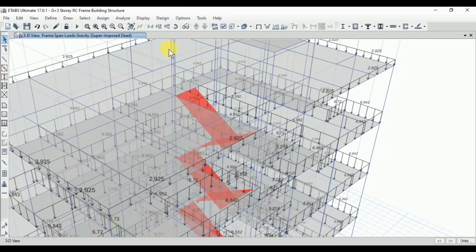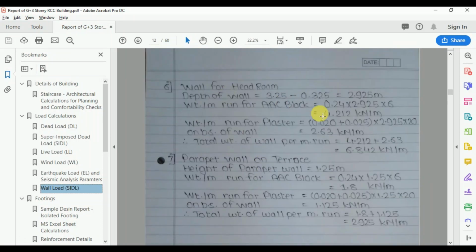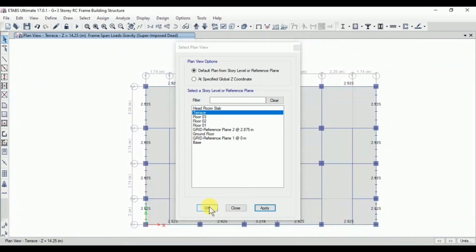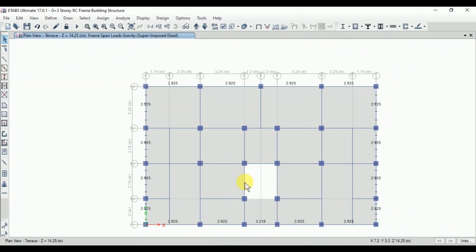Now for the headroom, from all sides we need to apply the loads because here it is the full wall, and as per calculations the total load for the headroom wall is 6.842 kN per meter. Go to terrace level because the wall is from terrace, so the beam is at terrace. Select these beams.